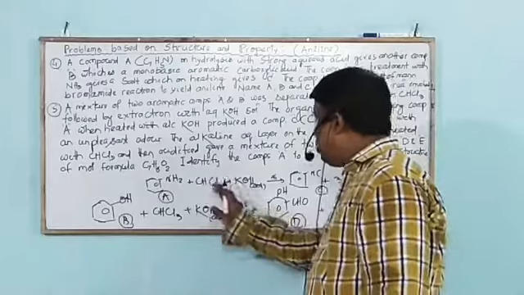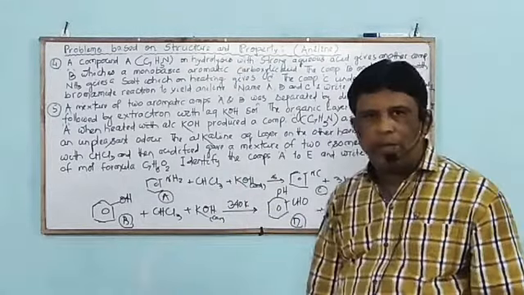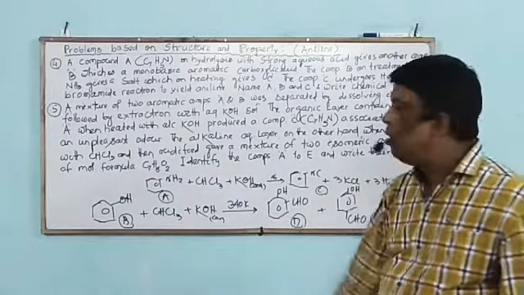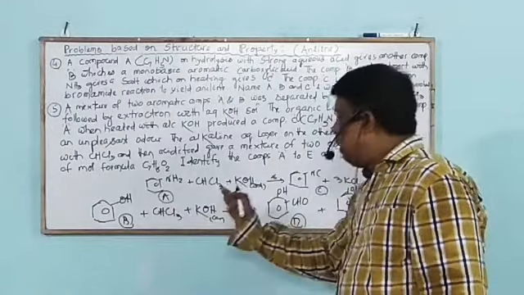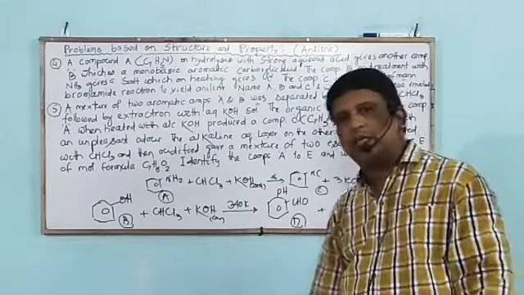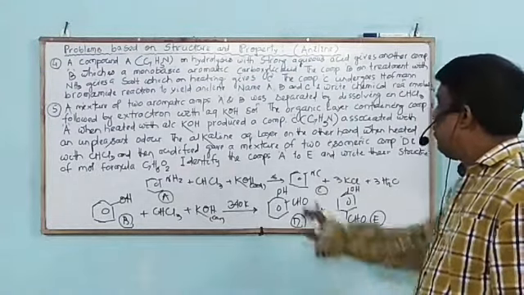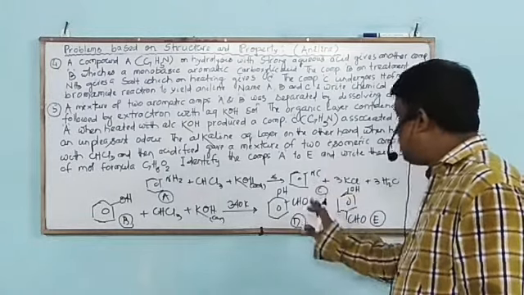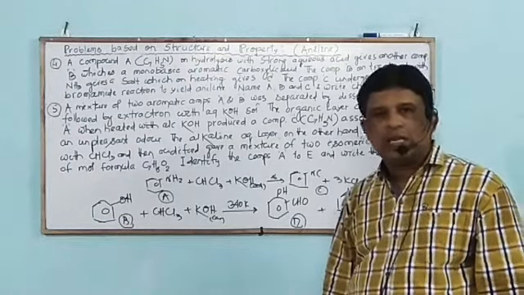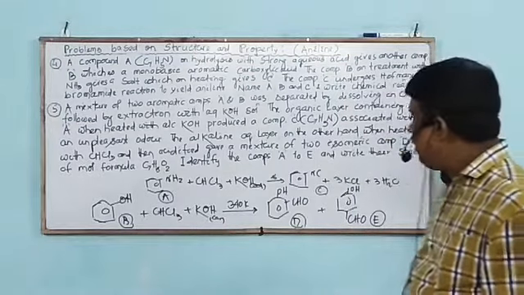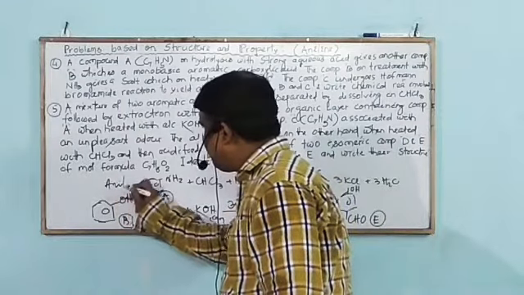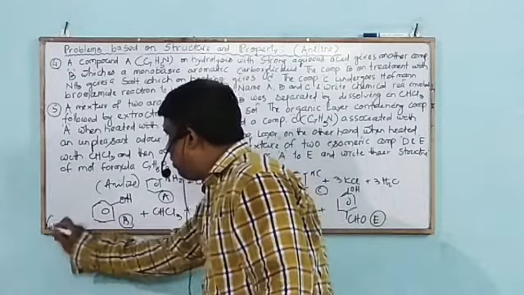When aniline is heated with chloroform, that is known as the carbylamine reaction, to form phenyl isocyanide, a very unpleasant smelling compound. On the other hand, when phenol is heated with chloroform in presence of aqueous alkali, it proceeds through the Reimer-Tiemann reaction followed by acidification, giving two isomers having the same formula. One is o-hydroxybenzaldehyde and the other is p-hydroxybenzaldehyde. So in this sequence of reactions, A is aniline, B is phenol,